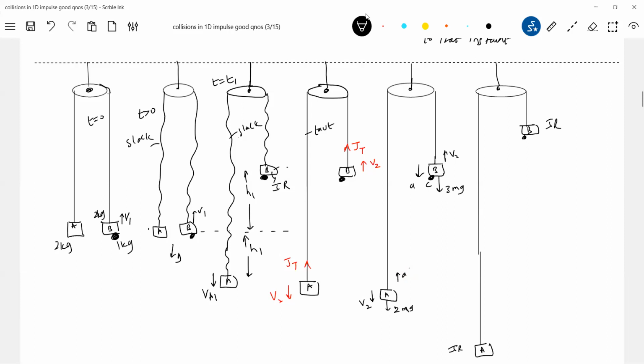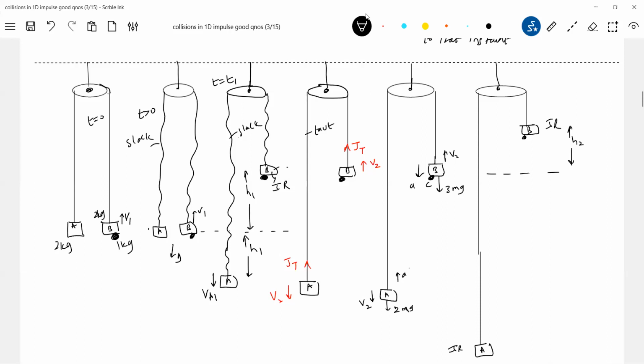So call this height, V2 we have taken, or let it be H2. After this, what happens? They'll start moving down because of weight 3 mg and this is 2 mg. So after this, A will start rising up, B will start falling down. Again, it's a laws of motion problem. This is what overall the sequence is. So what are all the questions now? All of you can understand what actually is going on.